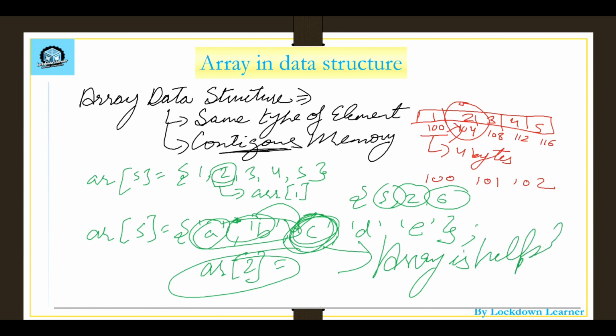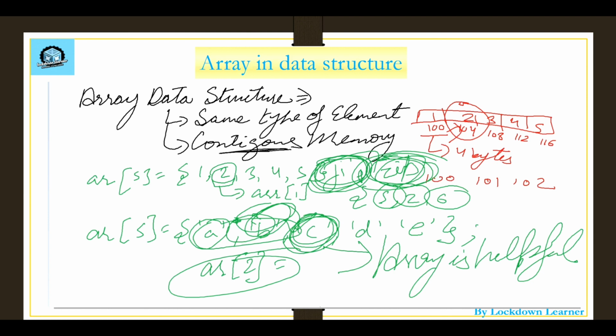Okay guys, an array helps us if you want sorted data. Suppose you have to show file names, like file and then zip file. It will store file first and then zip file, so you already know that file is present first and zip file after that, because of the order of f and z.